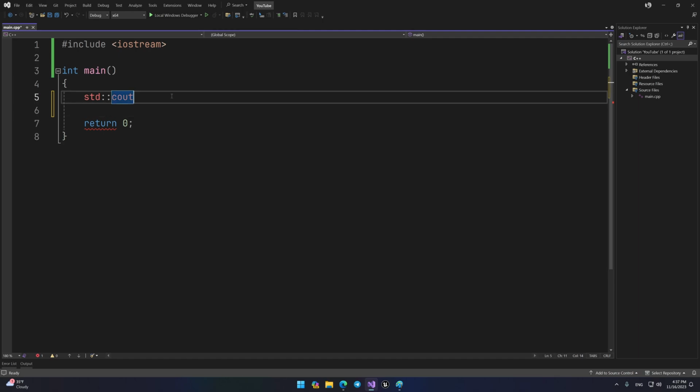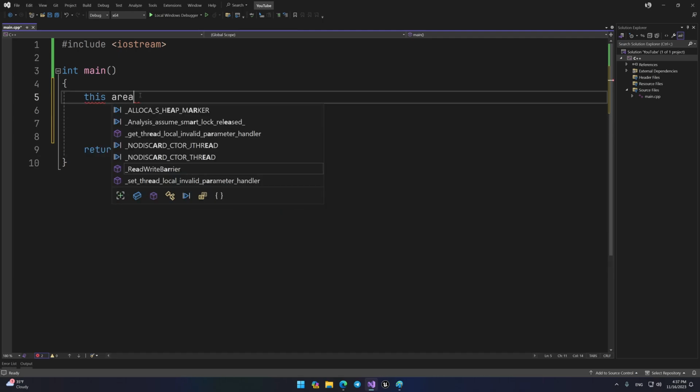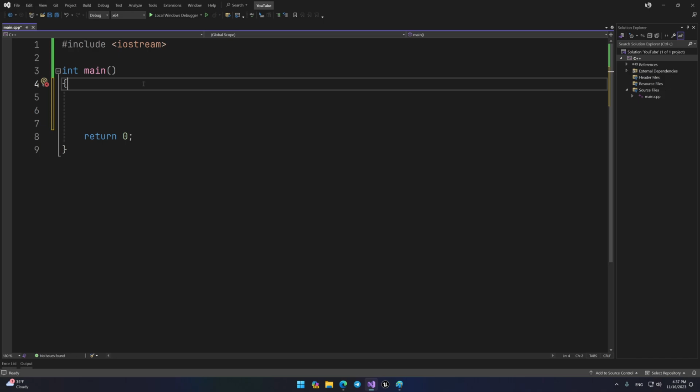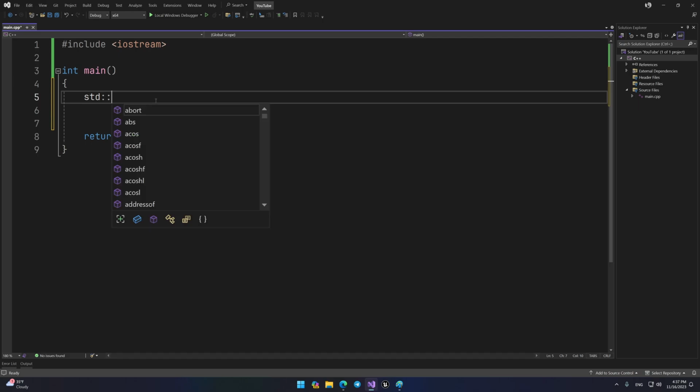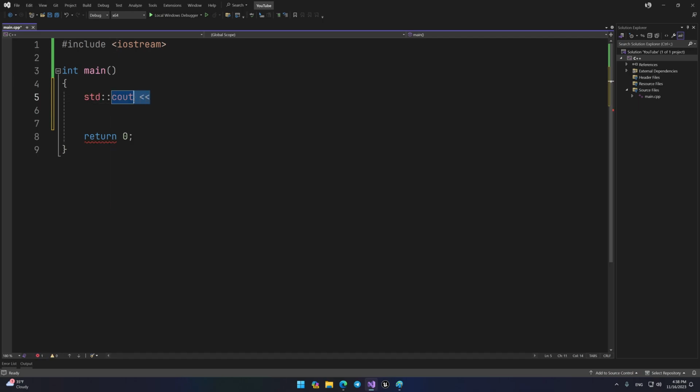First, throughout many of the lessons, we'll be writing commands after the opening curly brace of the main function, but before the return 0 command, because if you write commands after return 0, they simply won't execute. Secondly, we have to write std::cout and two left angle brackets. Consider that you're forming a sentence that says cout, display. In fact, this is a bit shift operator to the left, but we'll also look at it in the following lessons. After this, we need to specify what exactly we want to display on the screen.